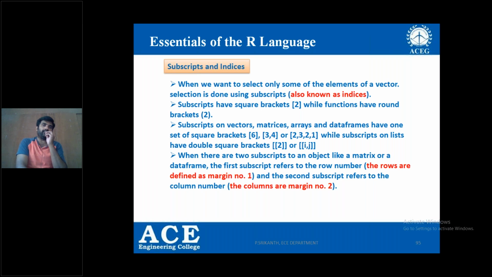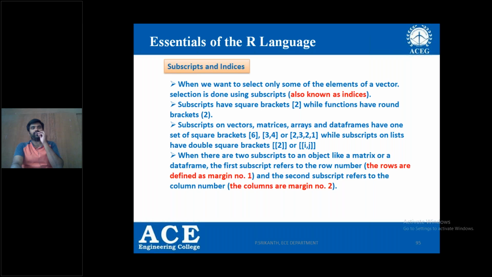Subscripts and indices. For example, I have defined a matrix or a vector with 100 values, and I would like to call only one particular value from it. I can simply call it by using the subscript or indices, right? When we want to select only some of the elements of a vector, selection is done using subscripts.